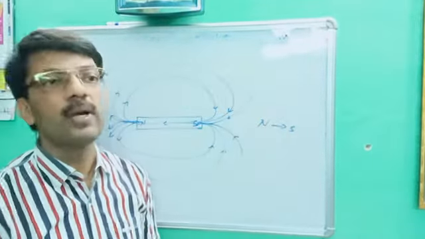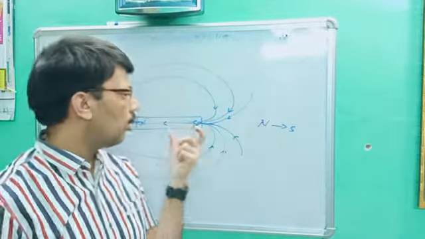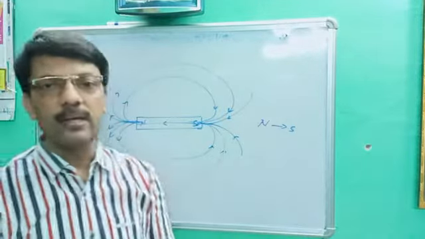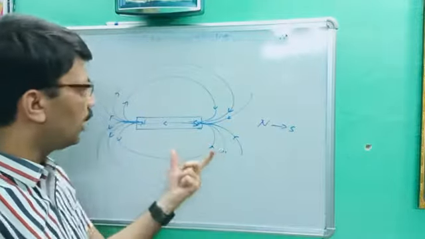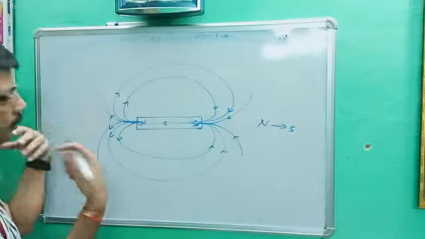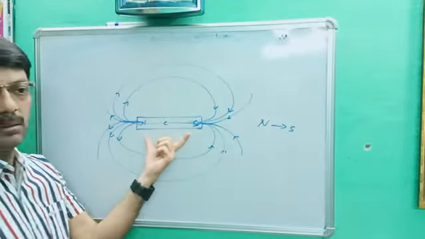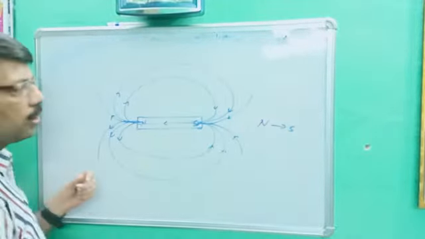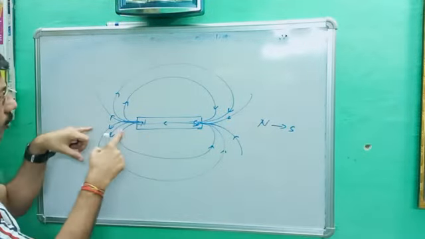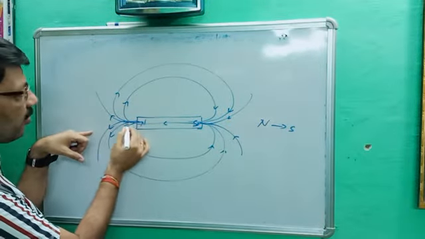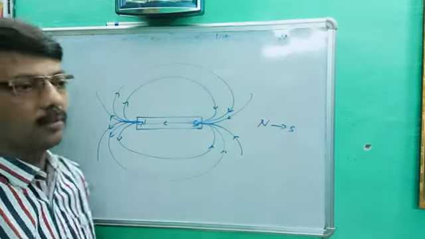Our next aim is the solenoid, and then we have to compare the solenoid with a bar magnet. So there are some similarities, there are some dissimilarities. So first, before going to the solenoid, we have to know about the magnetic field of a bar magnet. This is the bar magnet, with a north and south pole. When freely hung, no doubt it settles in the north and south direction, and lines of force are there. Lines of force move from north to what? South. So there are some characteristics. So write one by one.